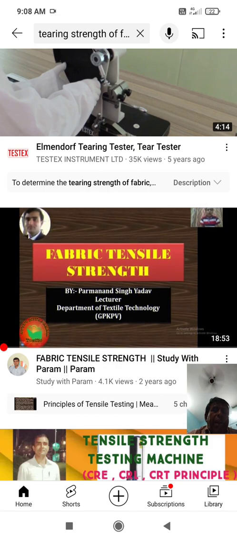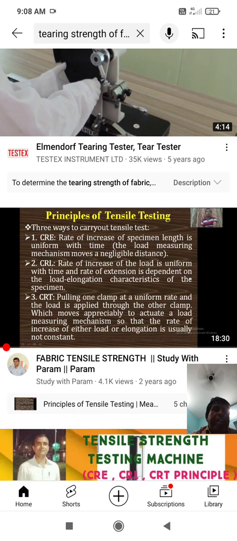there is a sample taken 25 millimeters and 10 millimeters in the width direction, and then the sample is cut in the form of a trousers, and till 1.5 centimeters in the middle, in the width direction, a middle line is drawn, and then it is a single rip method of tearing strength tester. And this is